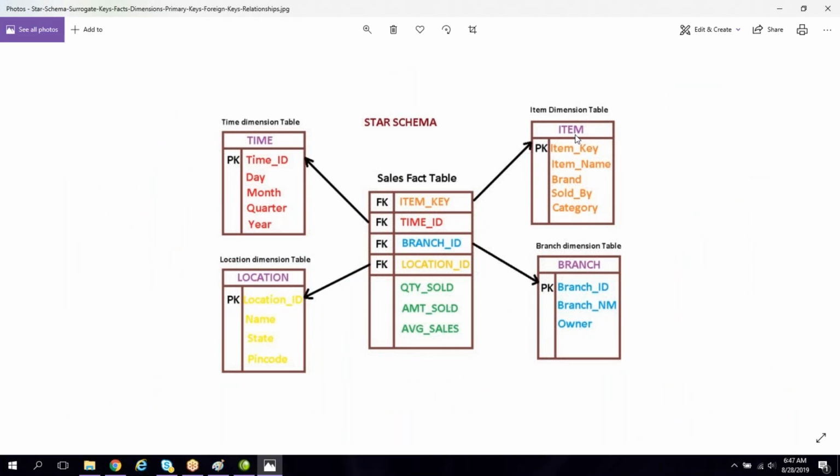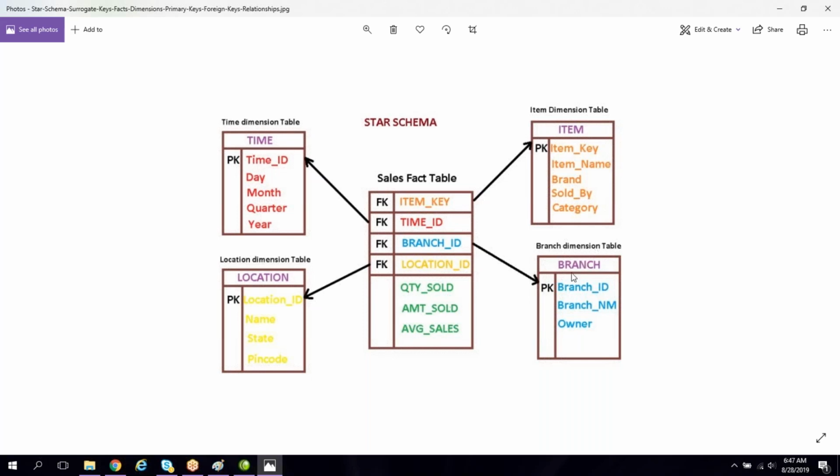Item dimension has a key, which is the surrogate key or primary key. Apart from this, item name is character type of data. Brand is character type of data. Sold by, character type of data. Category, again all these are character type of data. Apart from the primary key column, all the columns are character type of data only.